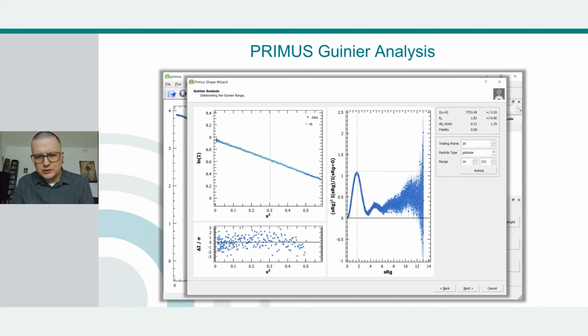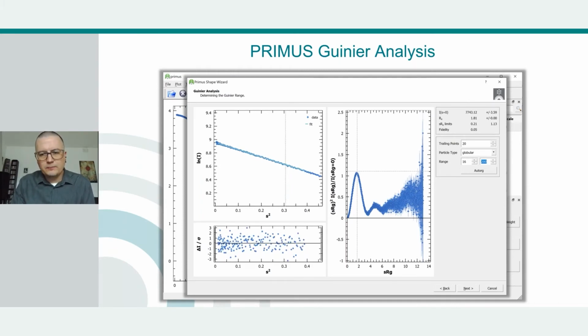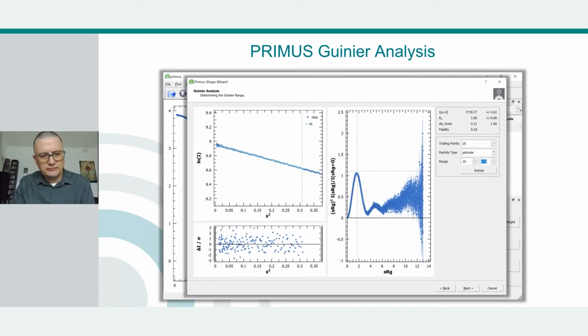In the middle section, you will see the dimensionless Kratky plot of your data, and on the right-hand side, you will see a number of parameters, including the radius of gyration estimated from this Guinier approximation. And of course, you can change the angular range, which is used for the Guinier region. And you can play with that until you think that the Guinier fit is linear and there are no deviations. And then you can click Next.